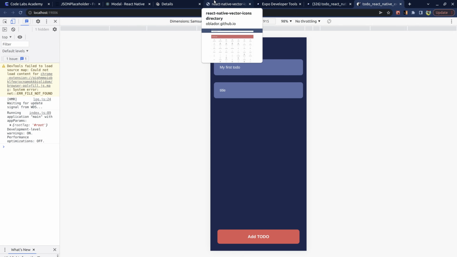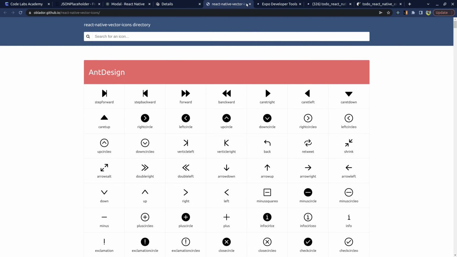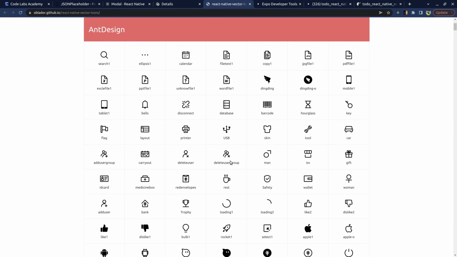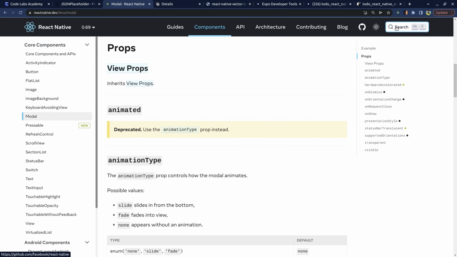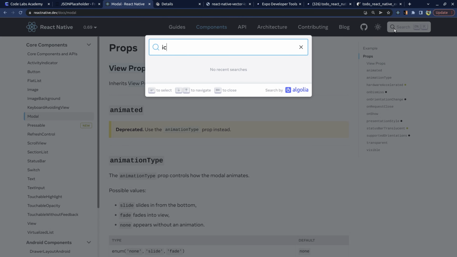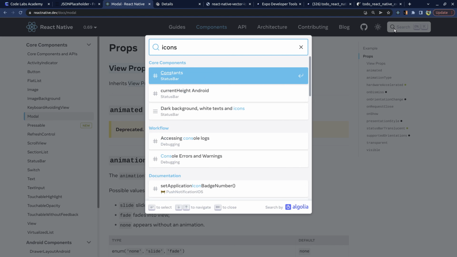We can actually use icons. So to use icons in React Native, it's quite simple. We have these different libraries that we can use, for example, React Native vector icons. Right here we have a selection of icons that we can use in our program. Also right here in the official documentation, if you search icons in the documentation,